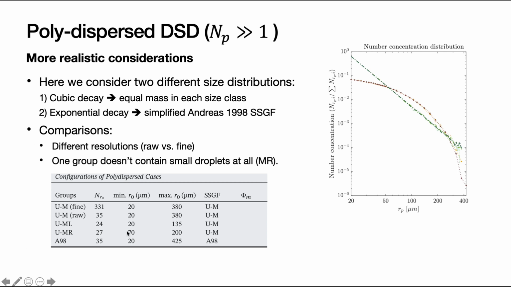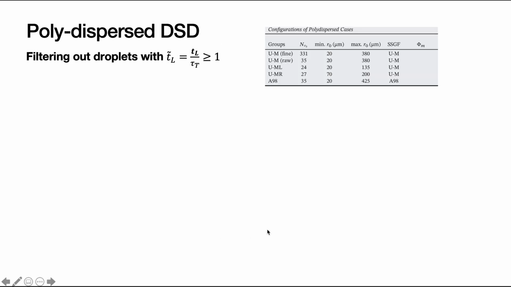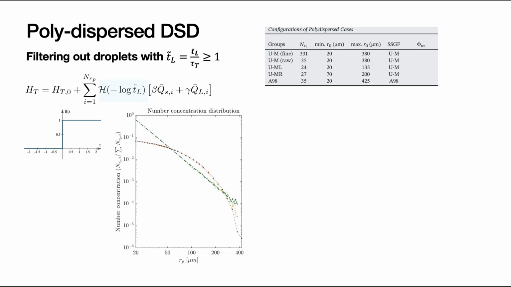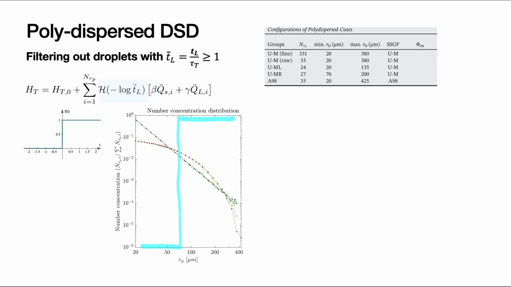Now we are running simulations with all these size distributions. We are going to do a similar thing to filter out small droplets. Here we are going to do this based on the time scale. So if the residence time is greater than the thermal response time, we just drop it to 0. So we add a weighting of Heaviside functions before the spray nominal fluxes. And from here you can see basically between 70 or 80 microns we have a drop off, and we keep everything above that size remaining in this system.